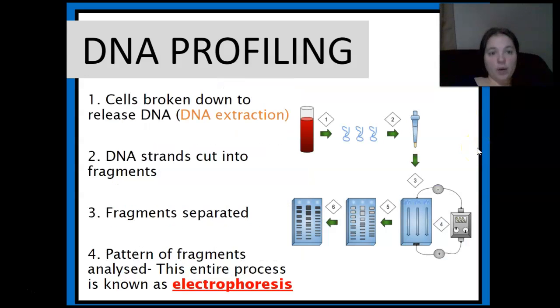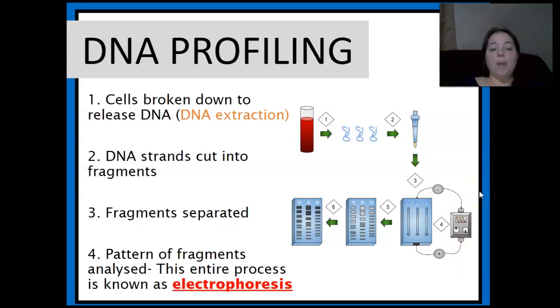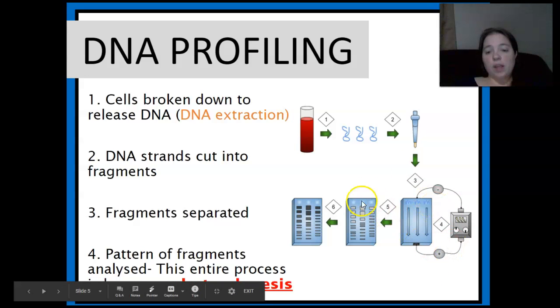So what the heck is going on? Well, cells are broken down to release the DNA. This is called DNA extraction. So here's the blood. The cells are broken down into the DNA, and then DNA strands are cut into fragments. So they're cut up even further, and then they're separated using this right here, the electrophoresis. And a pattern of fragments are analyzed. This entire process is known as electrophoresis. So it goes through this, and then you have your different